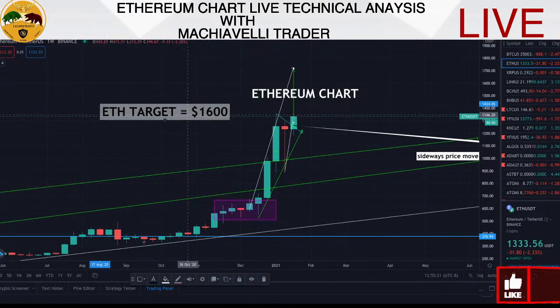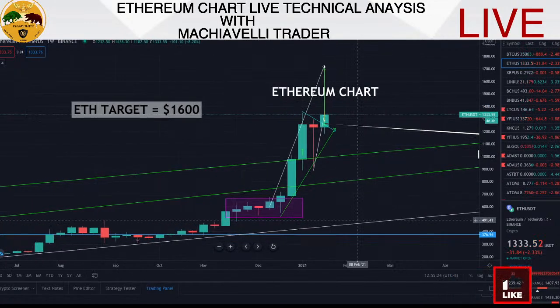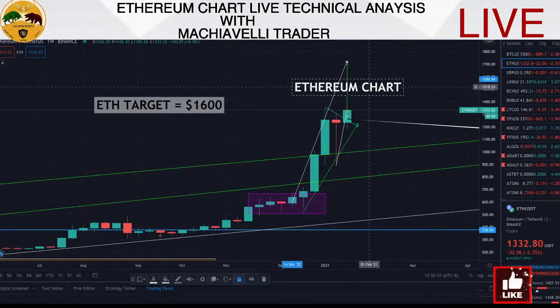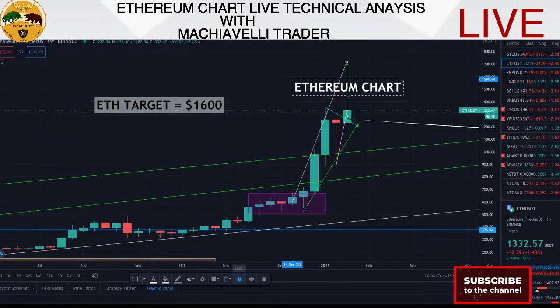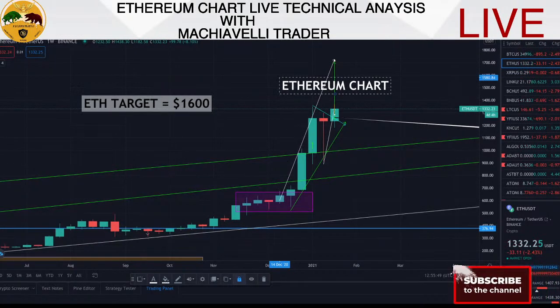Right here on the weekly chart. Now mind you, the weekly chart is a higher time frame, so the play out is likely going to be stronger than a lower time frame like 1 hour. Whatever I say here on the weekly chart is likely going to play out in a week or 2 or 3, so you have to look ahead of time. This is a long-term investment, not short-term trading, but it can guide you to know where the pressure is, and where to focus your trading throughout the week.